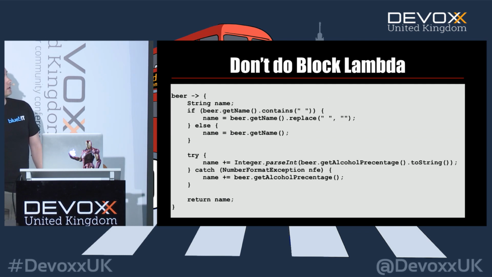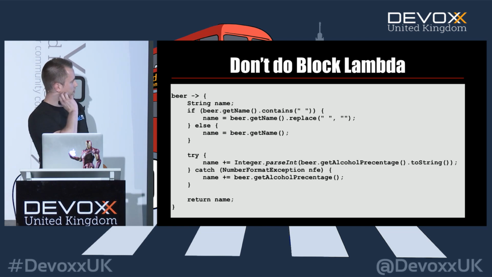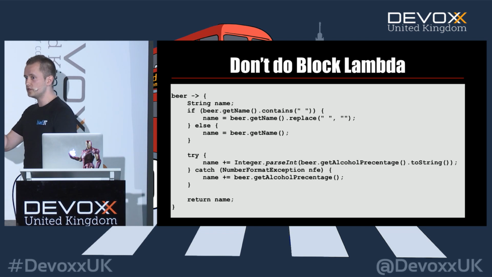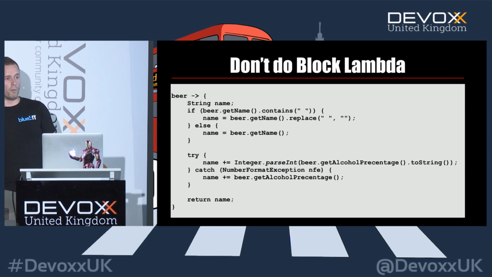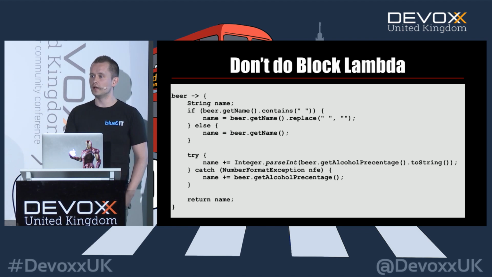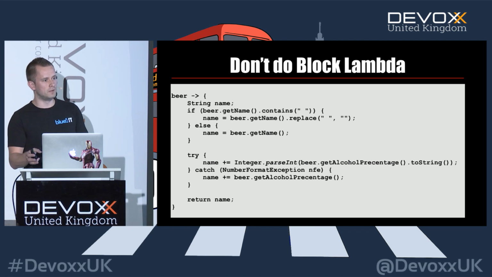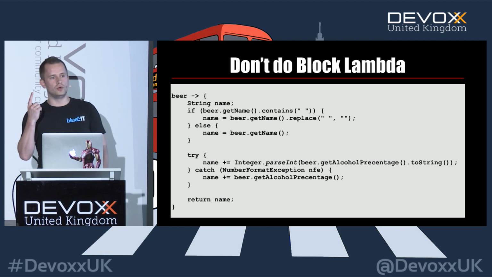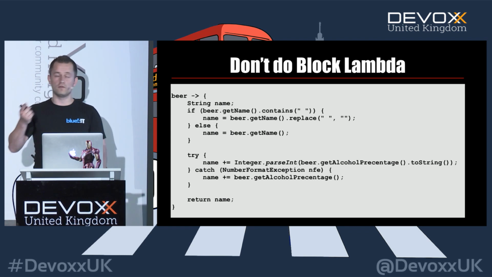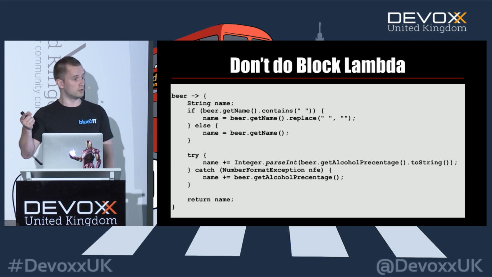And people tend to do that. Yes, let's do if, else, try, catch, whatever, and then give it inline to a higher order function. Will that be more readable or less readable than the old-fashioned way of coding in Java 7 and before? So I would say stick to single-line Lambdas, and if you have to do more than that, convert it to a method and call that method.